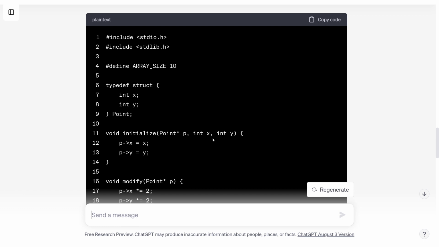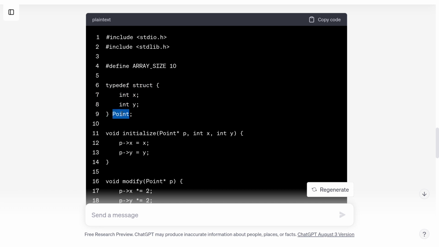So this may be above your head for now, but it's because we haven't covered some of these features. Here we're defining a constant called array size, which is going to be 10. When I read this, what I basically understand this to mean is that later in the program we're going to be defining arrays of a fixed size that we're going to be using probably more than once. And then here we define a structure type.